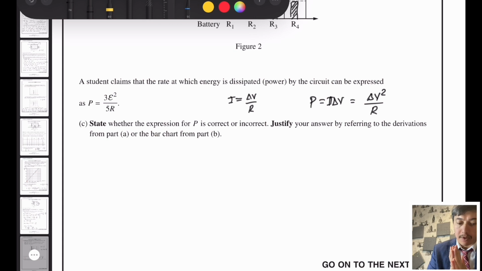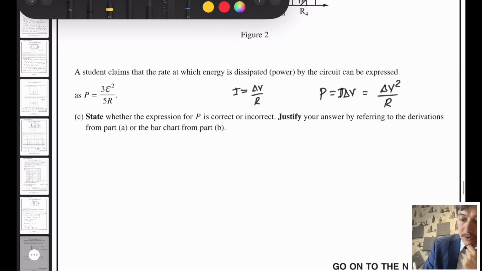Perfect. We can just use that to justify our answer. So in that case, we have current 3 epsilon over 5R and change in potential as epsilon in the main battery. So if you multiply them, we are having the same result. So yes,